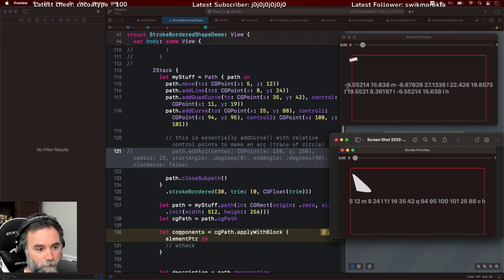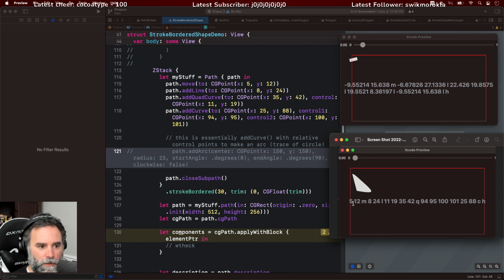We get a negative 9.5, 15 move to. And instead of a line to 824, we get a line to negative 6.67, 27, because the line width of the stroke is having to trace the inner and outer point, which means it's got to move to something else. And now it's got to do an extra line,